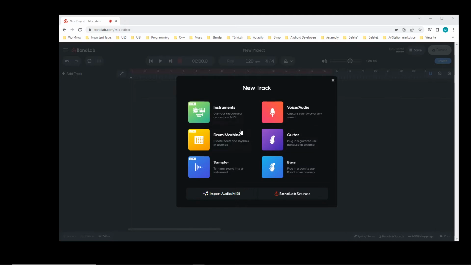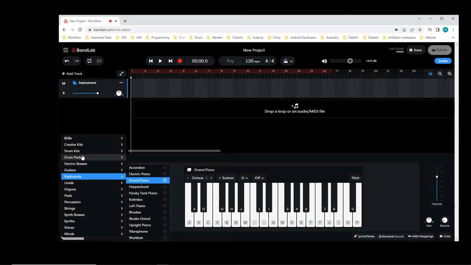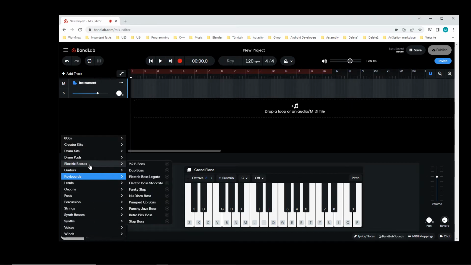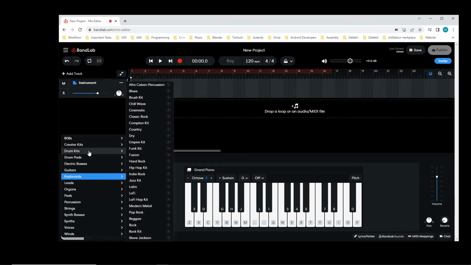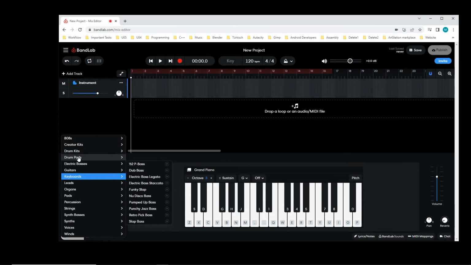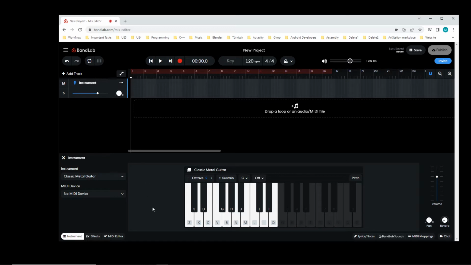to understand them, right? In this case, I use this instrument track, and here on the right side I can select different kinds of instruments, and of course there are many. I have not tested all. I have to test much more, but I have tested some of them, and I found out if I go to this guitar here, for example, and go to this classical metal guitar here, there is a nice feature